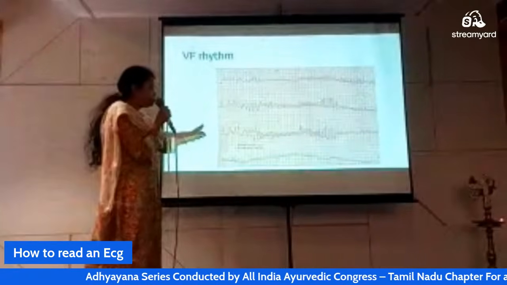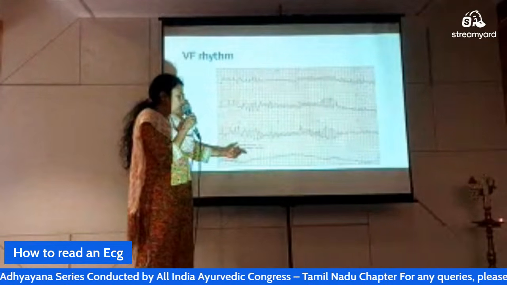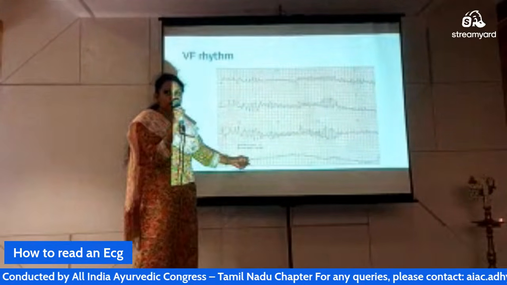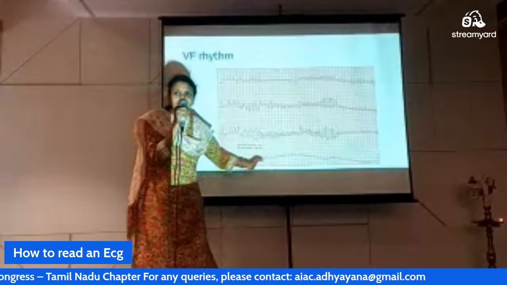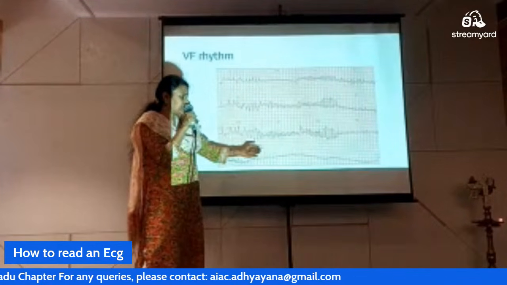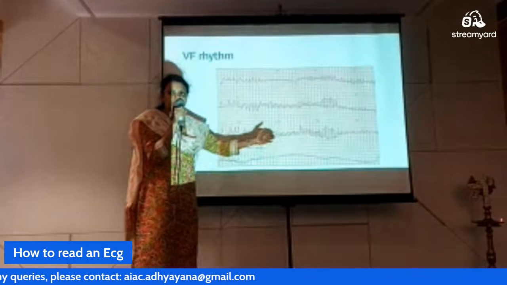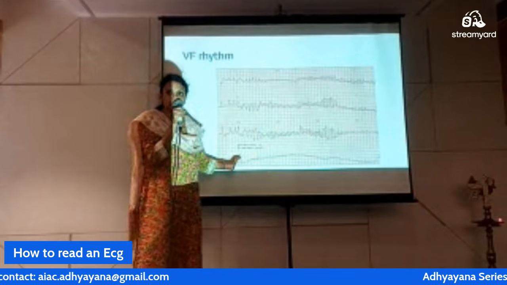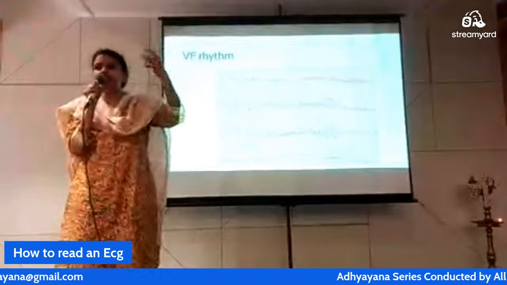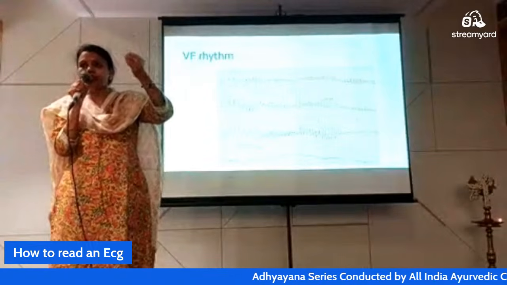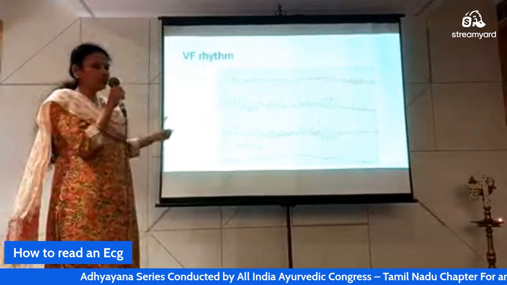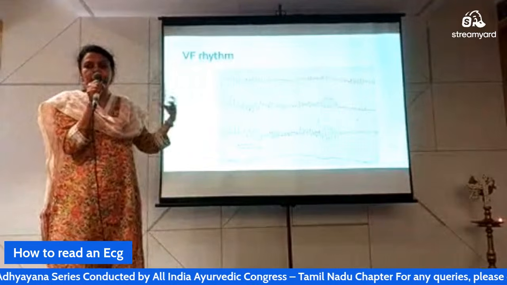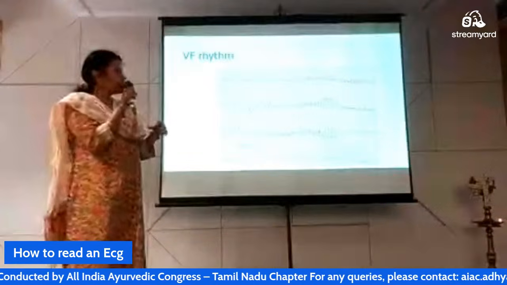After VT rhythm, you will go to this VF rhythm. No P wave, no QRS complex, no wide complex. So there is no electrical activity. Before a flat line or an asystole rhythm, you will get this ventricular fibrillation. The ventricle was beating very fast, and now it is going to stop. So that is called VF rhythm. The ventricle is failing to beat. Next,